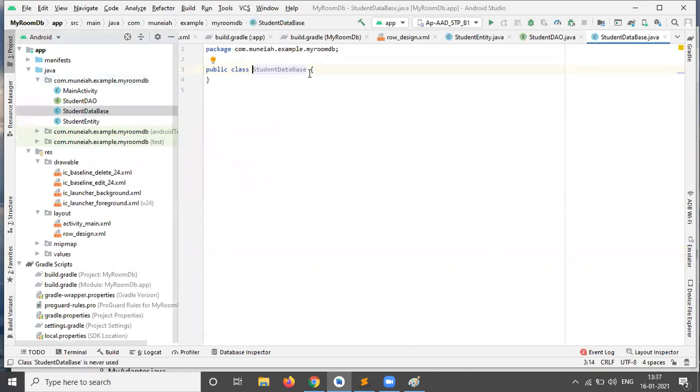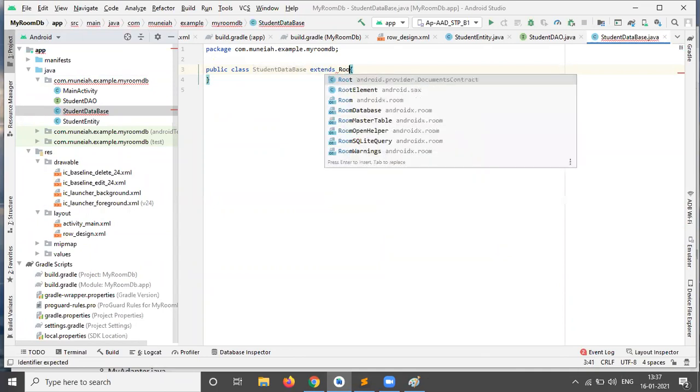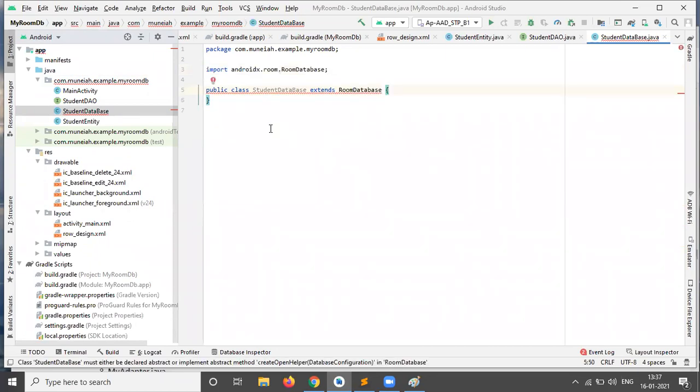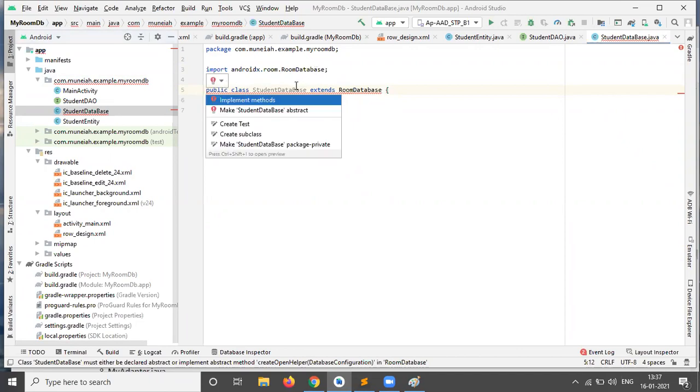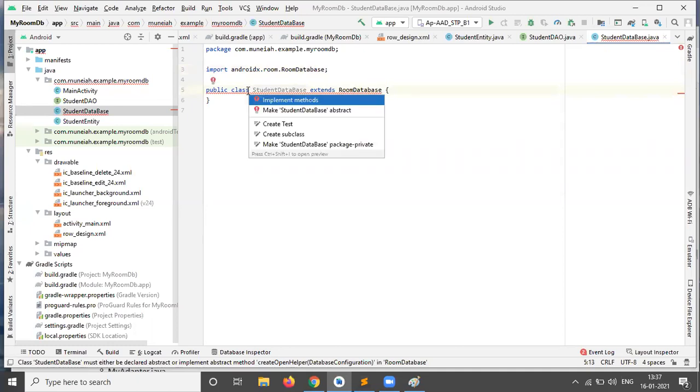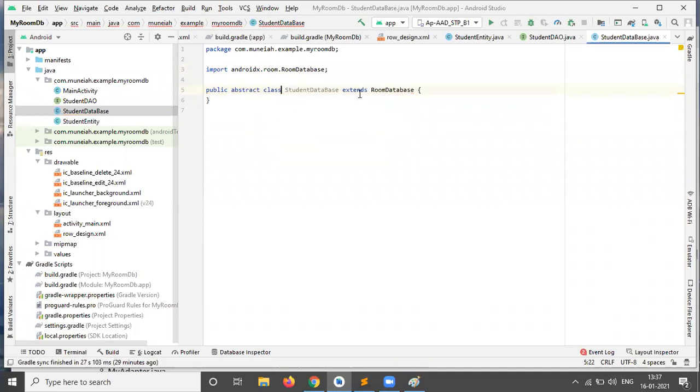Okay, this student database extends RoomDatabase. Then it will get the error. Just click Alt+Enter. Choose the second option, make student database abstract. That student database class is an abstract class.